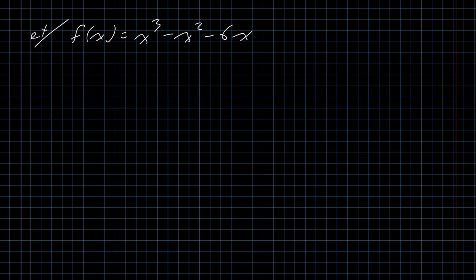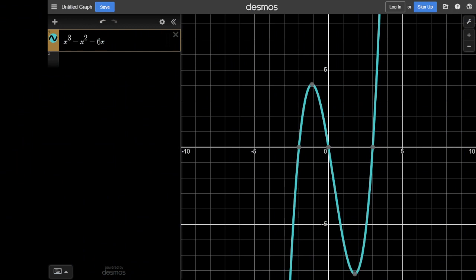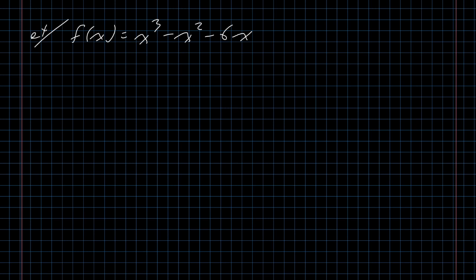I know from having graphed this function that there is one relative maximum and one relative minimum. I could zoom out and see that it's not going anywhere else, but we're just going to take that on faith for the moment. But we can find the relative extrema by first looking for critical values,